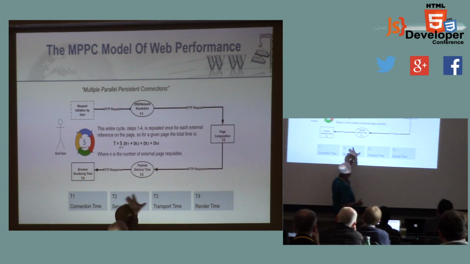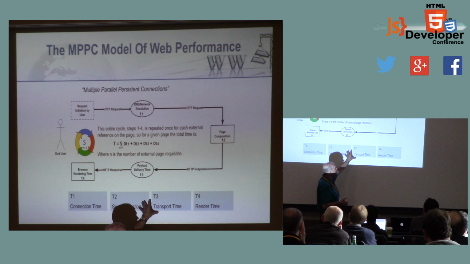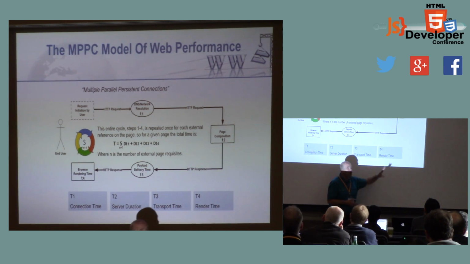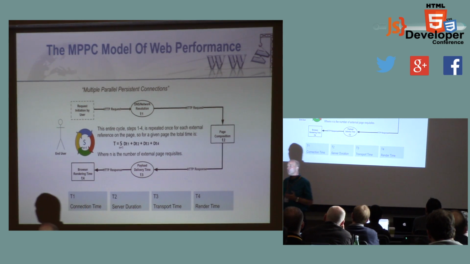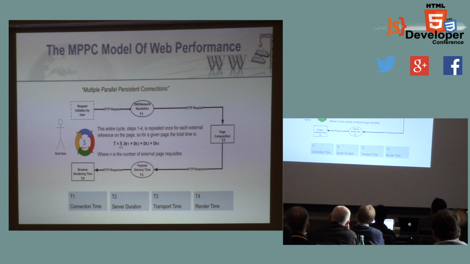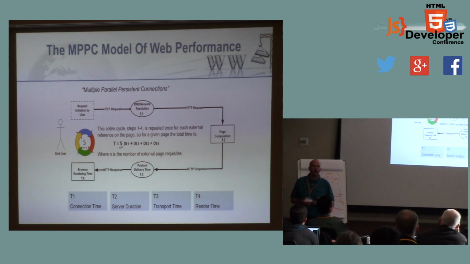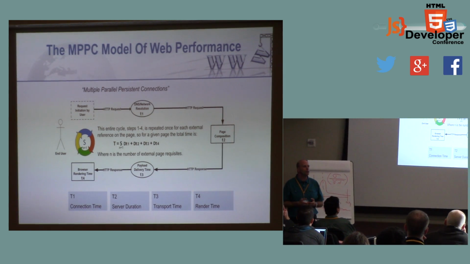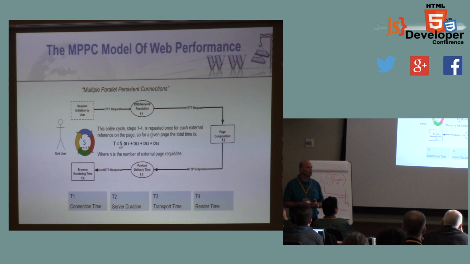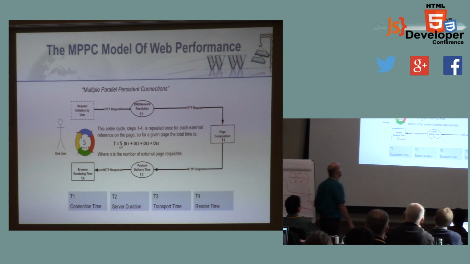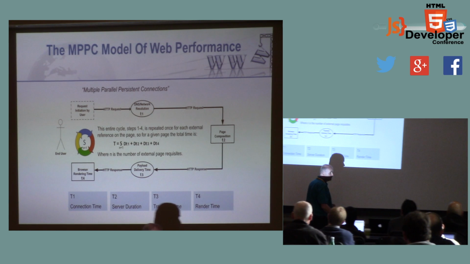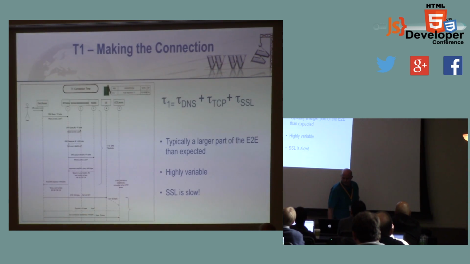These first 3 are linearly independent terms, span a vector space. T4 is not. Every request response cycle goes through these 4 steps. If you find out on your website where you spend your time, where the delays are, that tells you what problems to go fix, right? We'll look at that in detail. But this is the basic idea, T1, T2, T3, and T4.